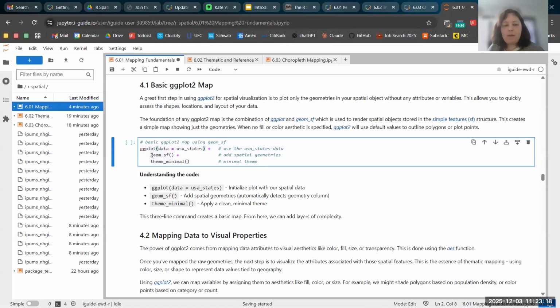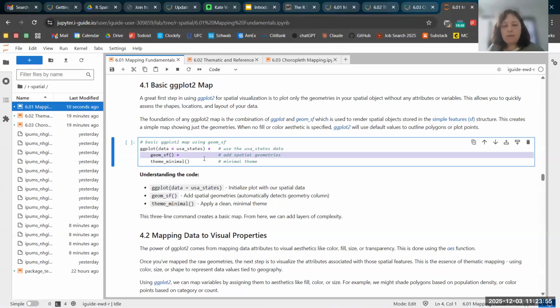But the next thing that we will do is we'll add this geom_sf functionality, which basically says to ggplot, this plot that we're doing is a spatial plot. Normally, there's other types of functionality that ggplot can do, such as bar charts and line charts and so forth. So whenever you initiate a ggplot, tell it what data to use. You next have to say, okay, this is the kind of thing that I'm doing. And this geom_sf is saying this is a